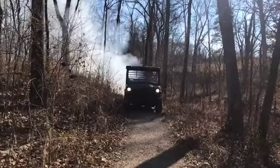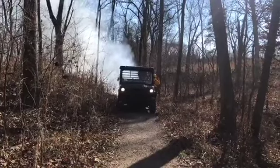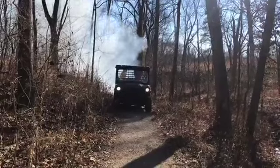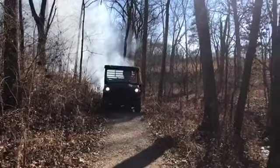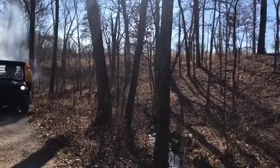And then it helps the plants again in the spring as well. A lot of these prairie plants, you know, they benefit from having all that dead material burned out. So